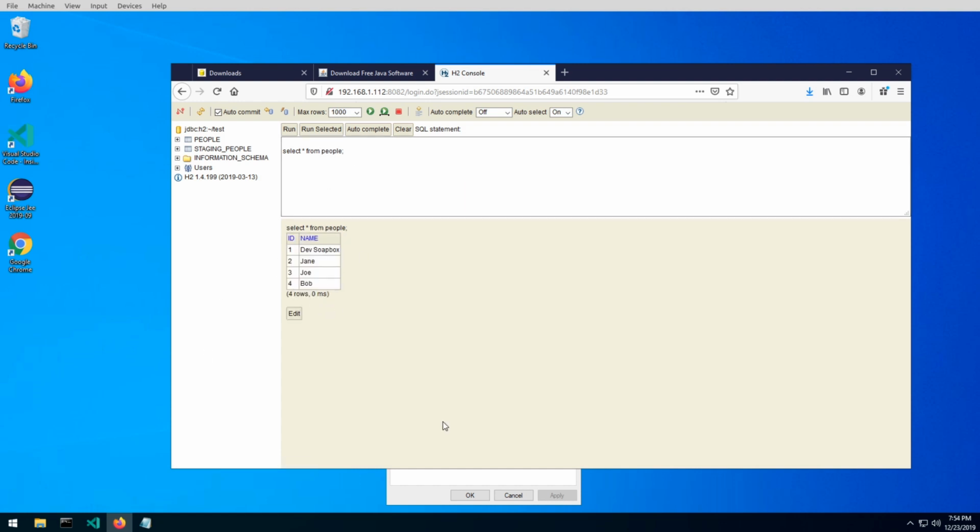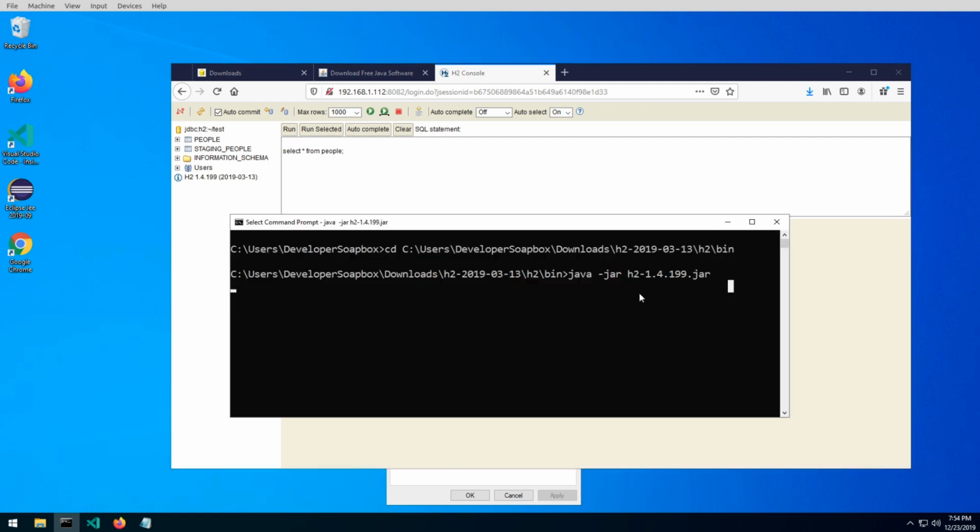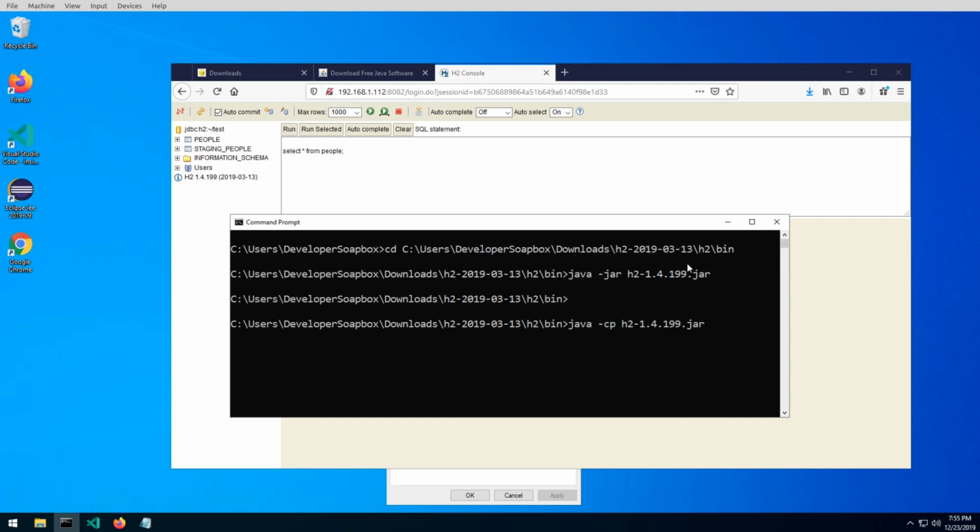And lastly, I do want to show you how to use the shell-based or command line terminal-based SQL client. I only allow one user at a time for the SQL client, so I'm just going to do Control-C to close out that particular executable. Then to execute the command line SQL client, it's a little bit different. I'm going to do java -cp, and then the same thing, the jar file, and then here you just have to specify the name of the class for the shell-based SQL client, which is org